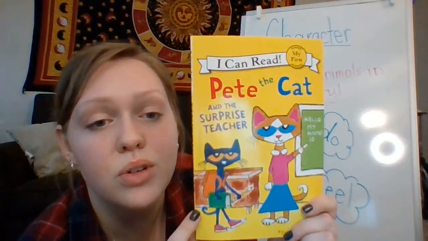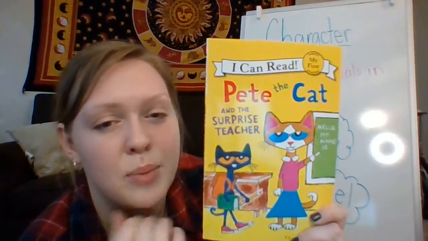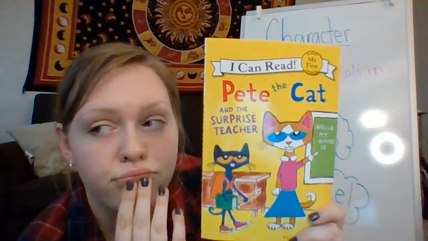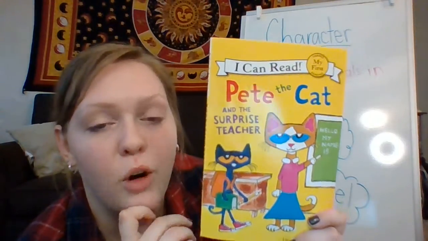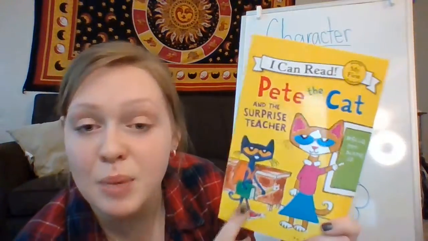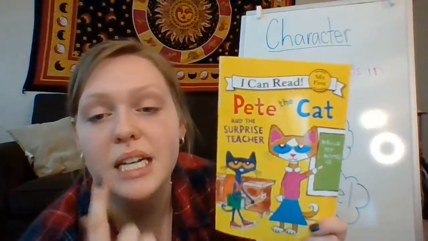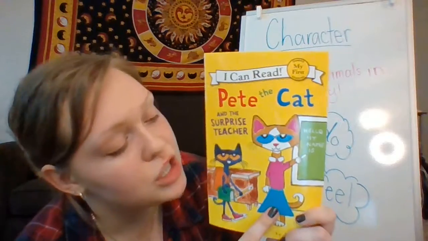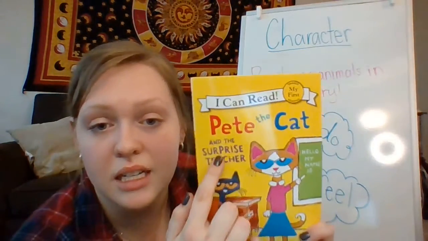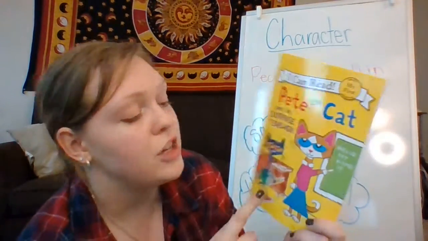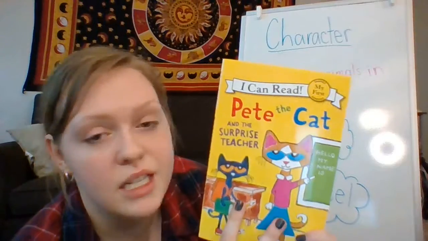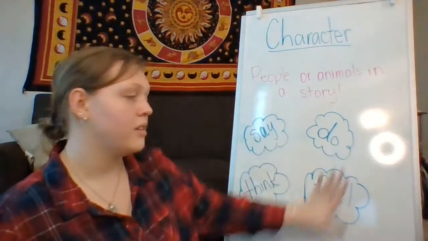I see that he's got a book and a pencil and it kind of looks like he's going to school, but I wonder what surprise teacher means. And I'm not sure, but hopefully by reading this book we can find out. I think at least Pete the Cat's going to be one of our characters for sure since it is one of his stories, but teacher is also going to be a character since it is also about the teacher. And you can see on the front that we have two characters so far. Hopefully we get to see some more characters, but we'll be focusing on these two and what they do here.